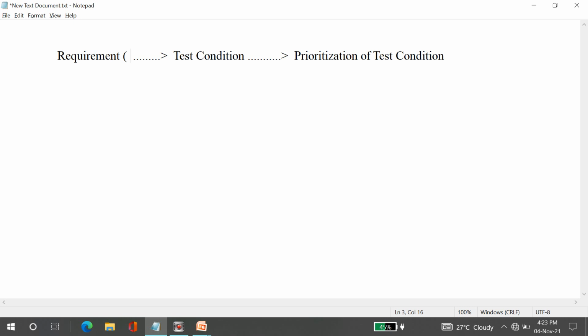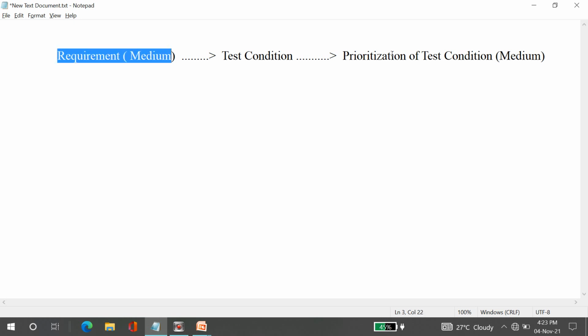For example, for this particular requirement, the priority is medium. Then the test condition priority will also become medium, because for the same requirement you are designing the test condition. If the requirement is a medium priority, obviously the same test condition designed for this requirement will also become the medium priority. Yes or no?